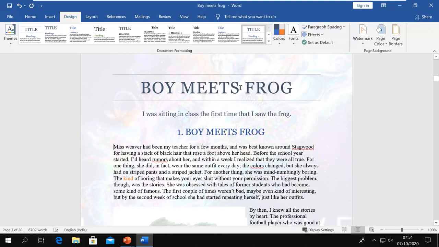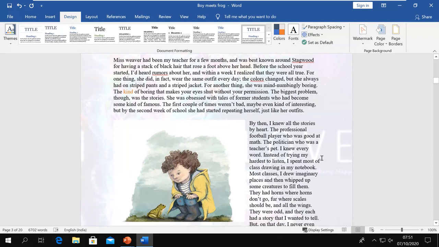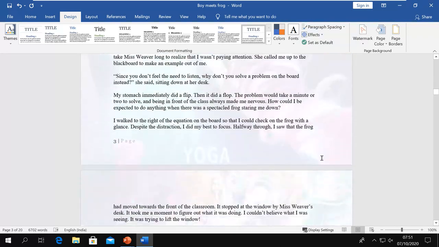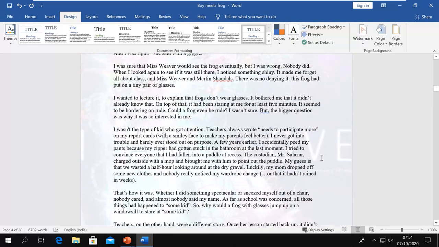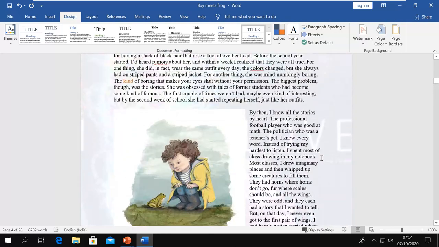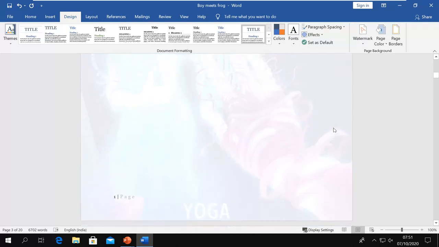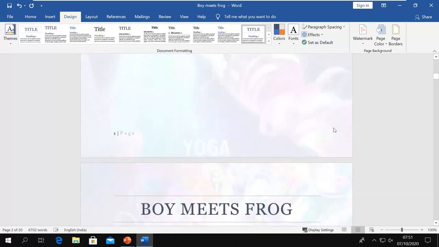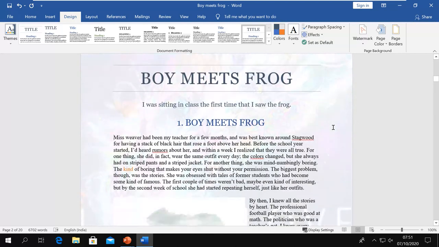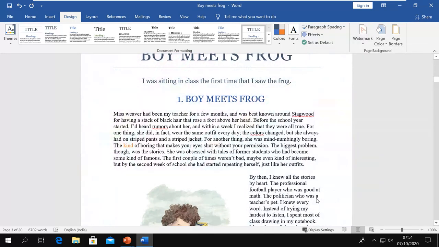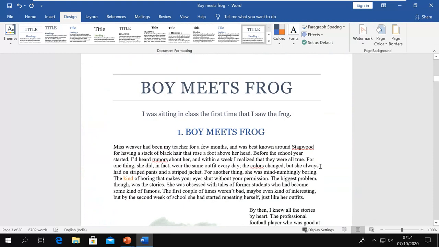Now you can see it is covering the whole page. So this is the watermark. And now if you don't want any watermark, then you can just remove it. Go to watermark, remove the watermark, go back to normal.